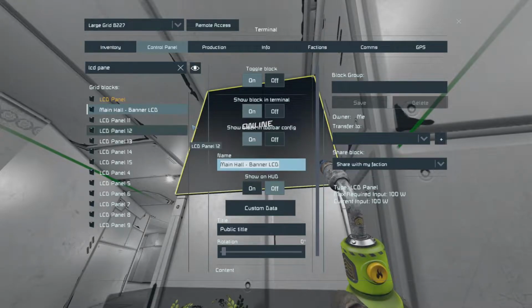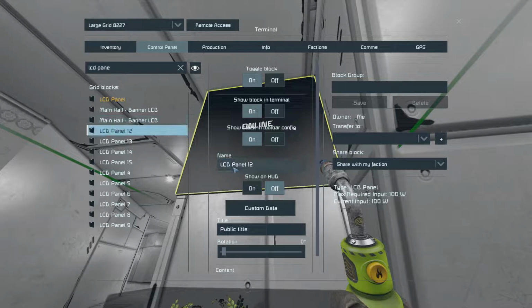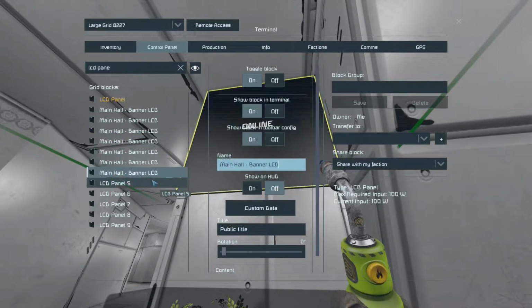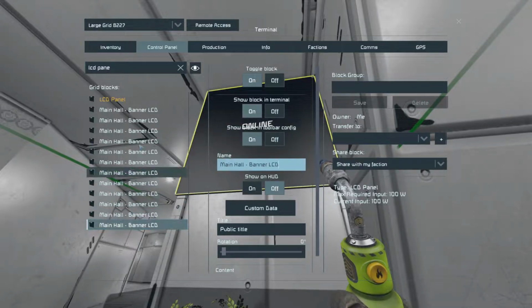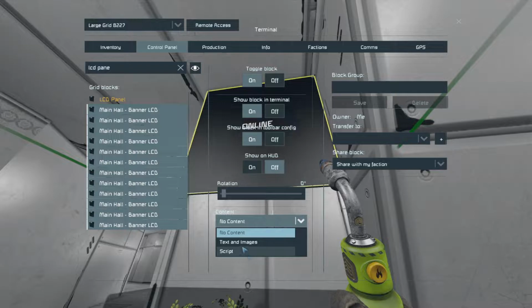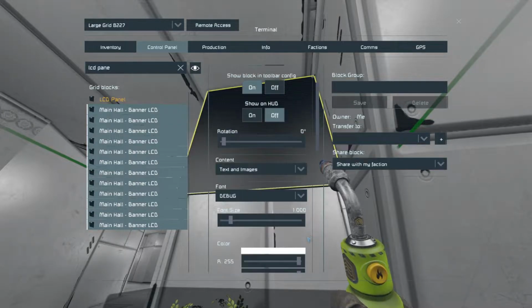Jesus. There we go. Okay. Let me just copy that everywhere so we know which ones are which. And then we'll grab all of them and put text and images on. And now,